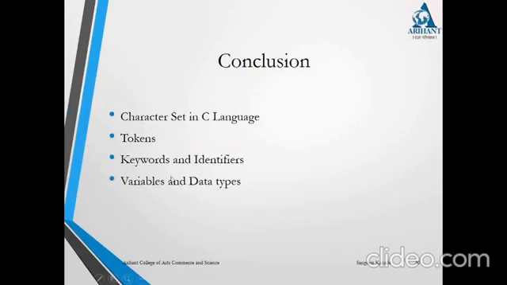Then we have seen variables, how to declare variables, what a variable is and what the rules associated with variables are. Later we saw the data types, the basic categorization of data types, the basic data types. Then there are derived data types and the enumerated type, which we'll see in the coming video lectures. And last but not least, we have seen the void data type. All the data types left out in this video lecture we will cover in upcoming chapters.